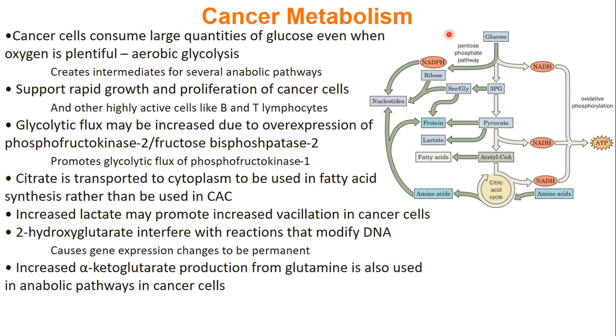So let's look at cancer metabolism very briefly here. Cancer cells will use a lot of glucose, even if there's oxygen around. And what it's going to do is a lot of anaerobic metabolism. And so they're doing what's called aerobic glycolysis, and that they're just doing glycolysis even though they have oxygen available. And they can use so much glucose that other parts of your body will starve because they aren't getting the